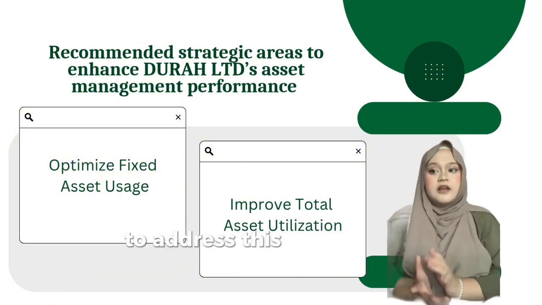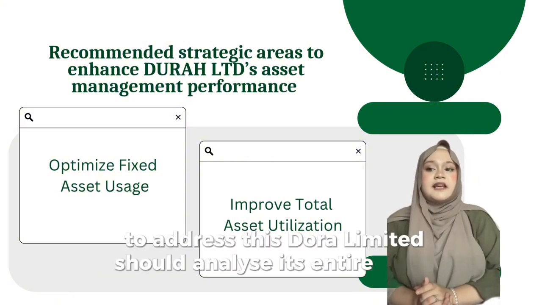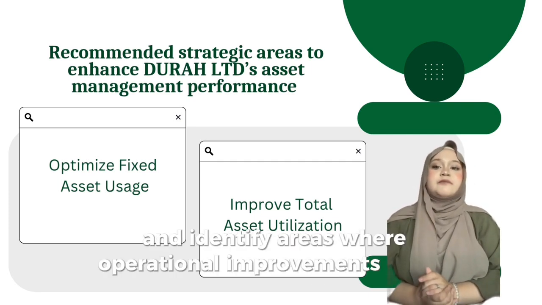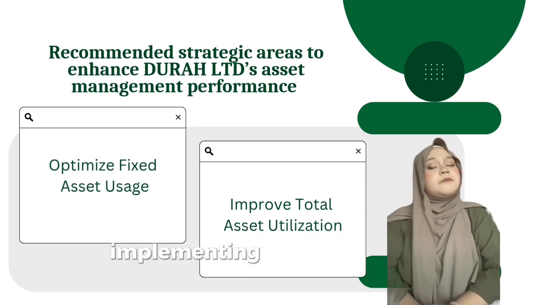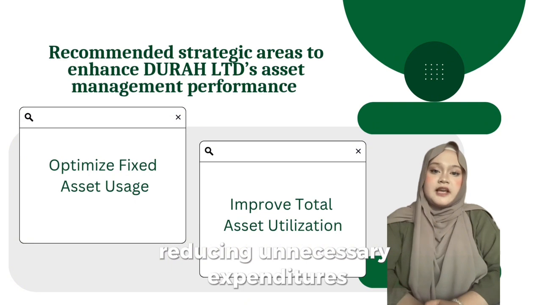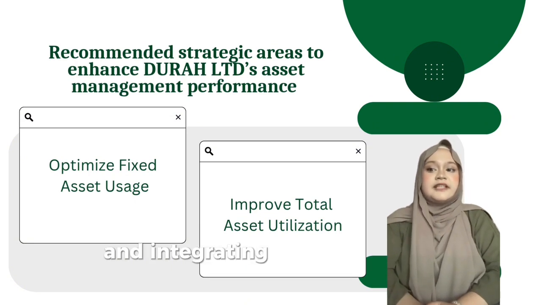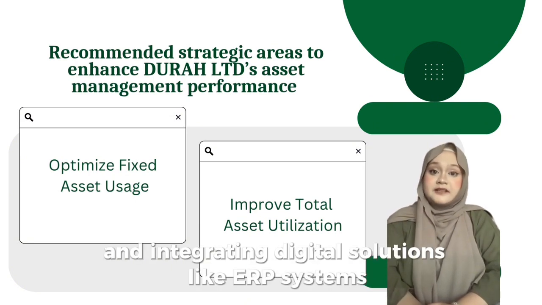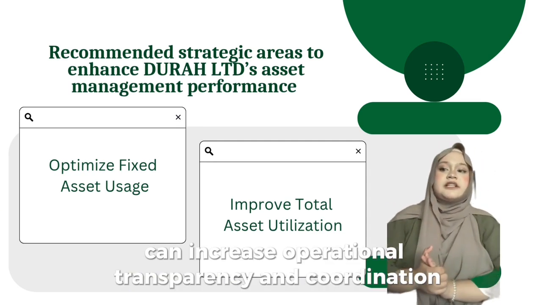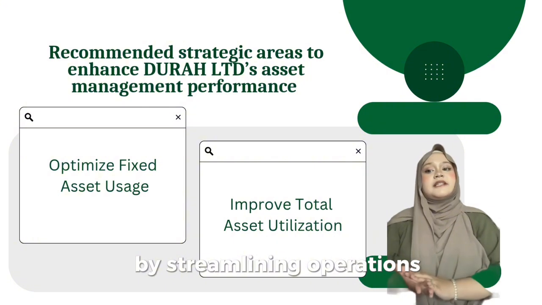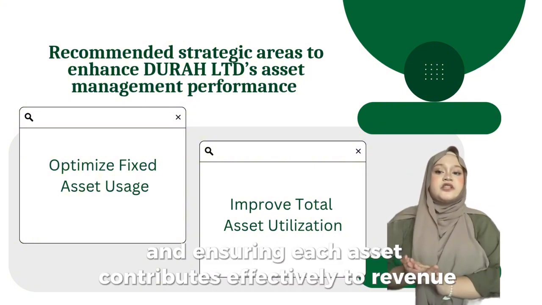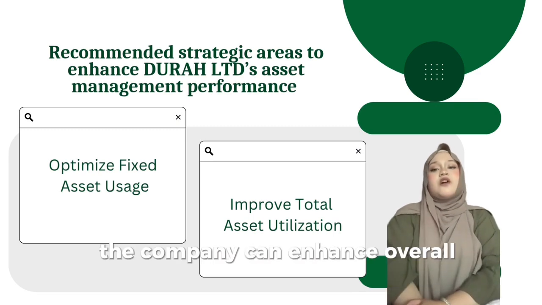To address this, Dura Limited should analyze its entire asset structure and identify areas where operational improvements can be made. Implementing better inventory management system, reducing unnecessary expenditures, and integrating digital solutions like ERP systems can increase operational transparency and coordination. By streamlining operations and ensuring each asset contributes effectively to revenue, the company can enhance overall